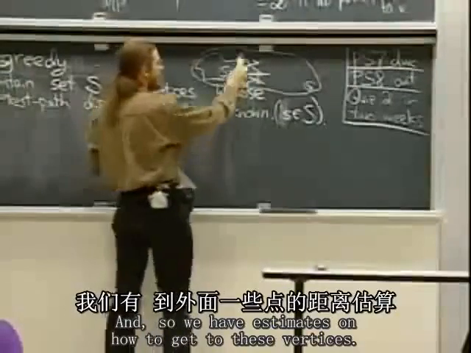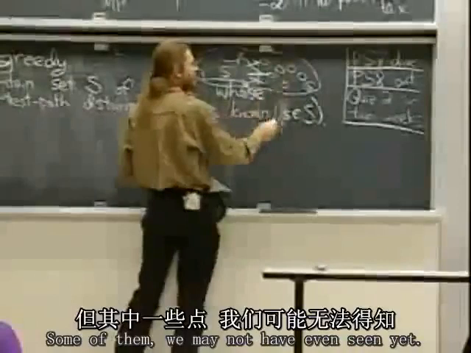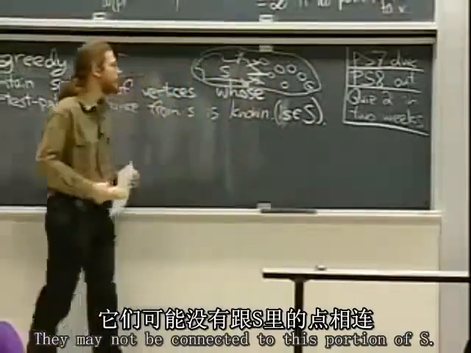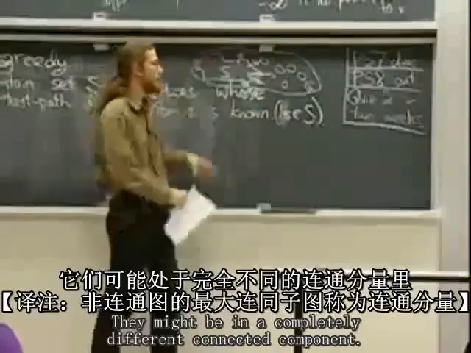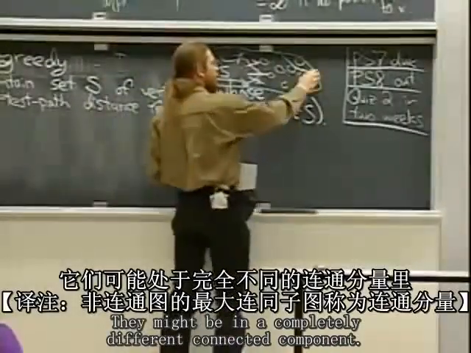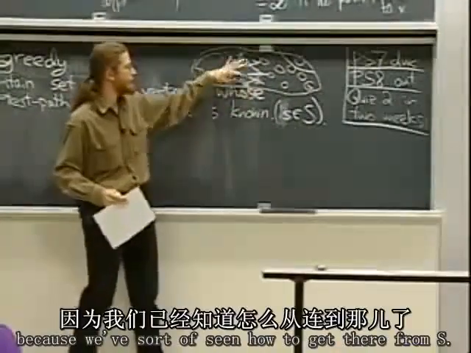And so we have estimates on how to get to these vertices. Some of them we may not have even seen yet. They may not be connected to this portion of S, I mean, not directly. They might be connected by some longer path. They might be in a completely different connected component. We don't know yet. Some of them we have estimates for because we've seen how to get there